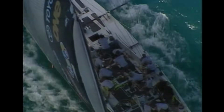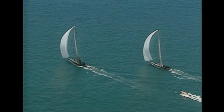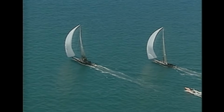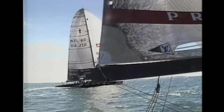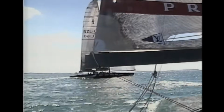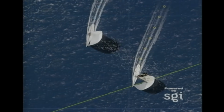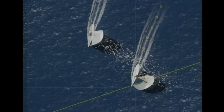Same speed now, but don't go any lower. Butterworth wanting to keep the bow just slightly rotated right towards Prada to keep his air clear. Peter Gilmore, both boats reaching quite hard now. It's like they're pressing the boats a little harder on this downwind leg on starboard. That's right. I think the gain certainly on that first port leg was to Prada, but now I think it's very close, and it's actually quite easy to